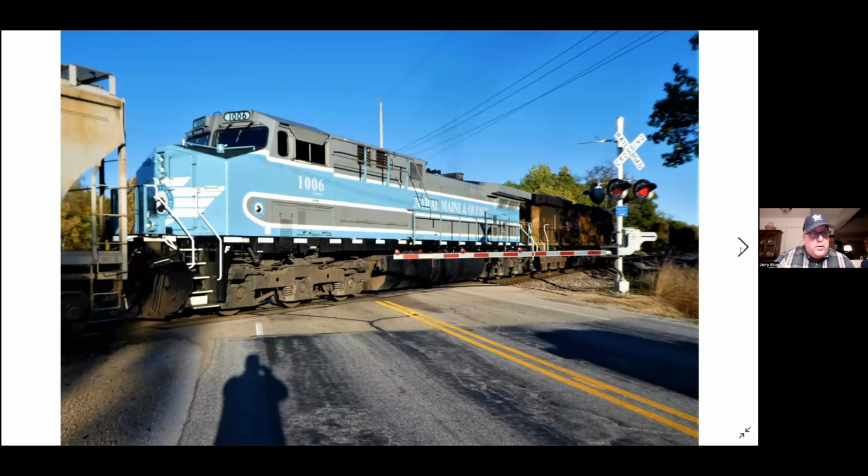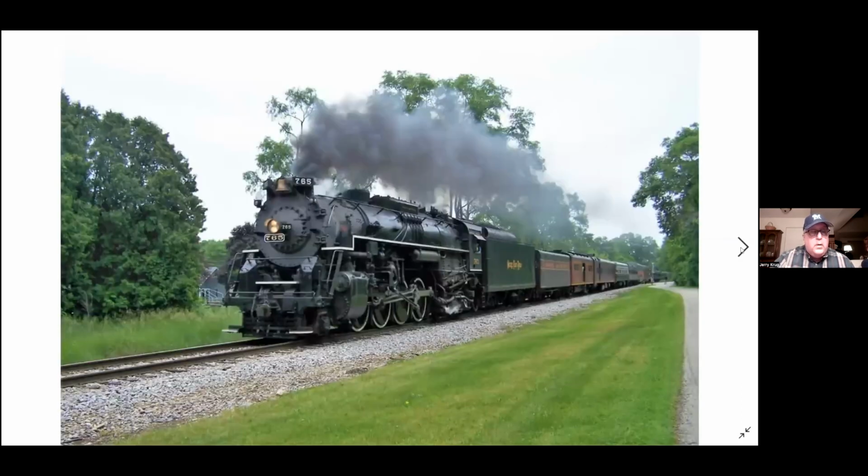I'm just not remembering where I took this one, but was glad to get it. The color was pretty faded. I've seen pictures where the blue is much brighter. All right, I'm betting most of the people watching this show caught Nickel Plate 765 on its trip to Janesville